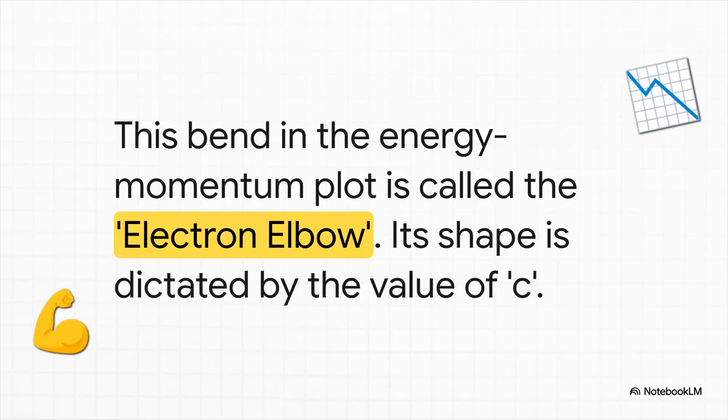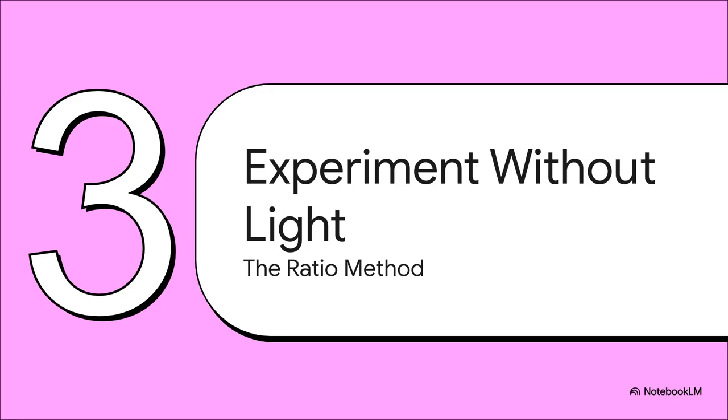And scientists have this awesome, kind of funny name for this bend in the graph. They call it the electron elbow. And believe me, this elbow is the whole key. The exact shape of that curve, that bend, is a direct giveaway. It's a signature of the space-time constant. So if you can just measure that elbow accurately, you can actually calculate the universe's speed limit. And that, right there, brings us to this absolutely brilliant experiment. A setup designed to do exactly that, to measure the space-time constant using nothing but good old electrons.